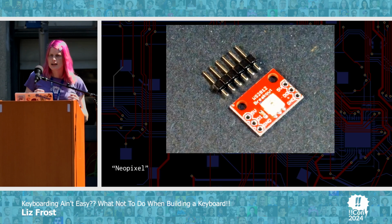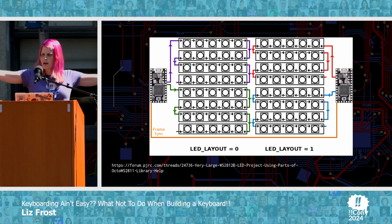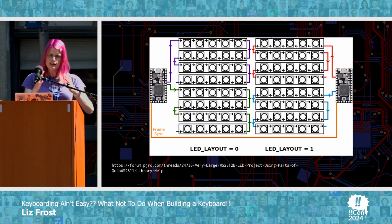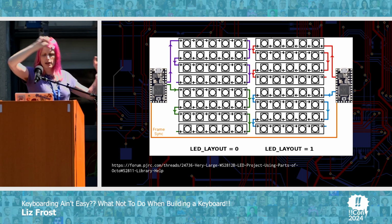Usually when you are adding those gamer LEDs to a keyboard or anything else, you use these. They're called WS2812s or NeoPixels if you're feeling fancy. And the way that they work is, if you've ever seen a long strip, they pass data along from one to the other, which makes them very, very easy to connect because you need to put power in from one, power out to another, data in, data out, you make a long string,